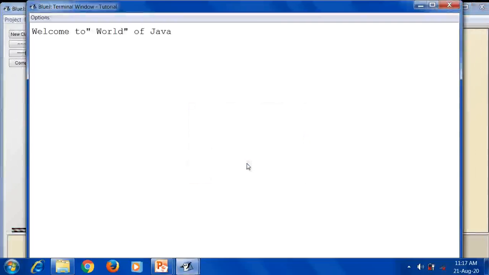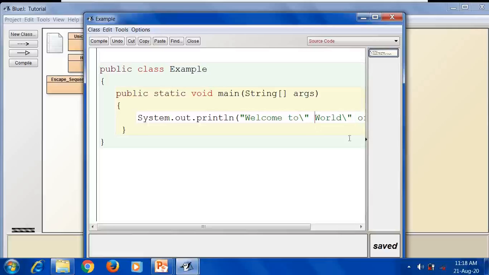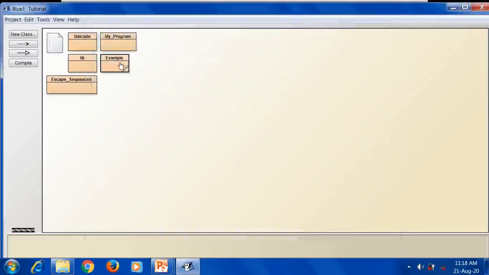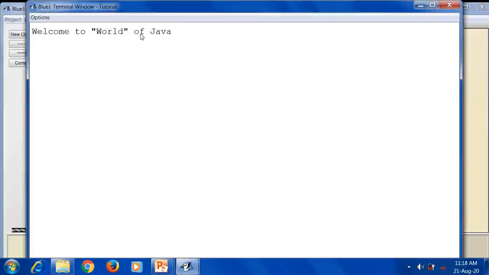Our task was to give a double quote for this word. So let us adjust this one. We have got the double quote, but it needs a little adjustment. Here we have given a space, and here you give one space. Compile it again, execute this code. Now we have got a double quote for this word.